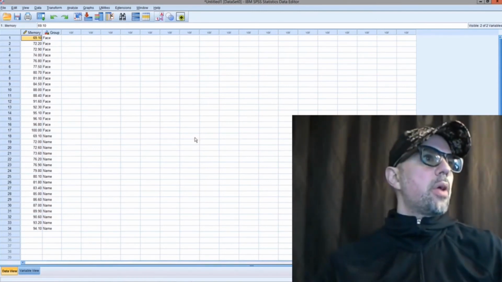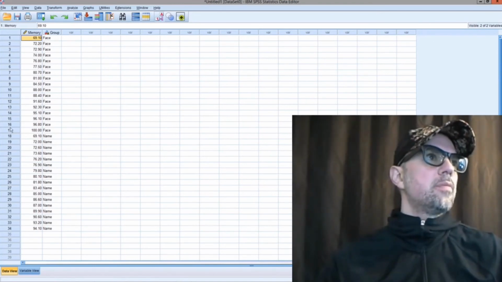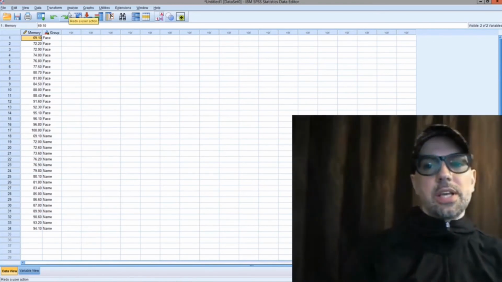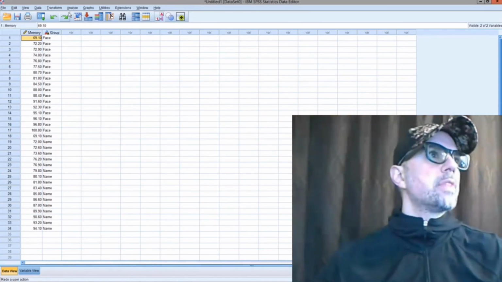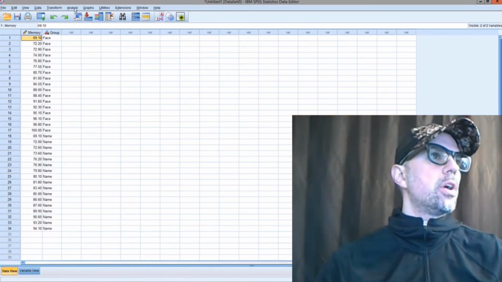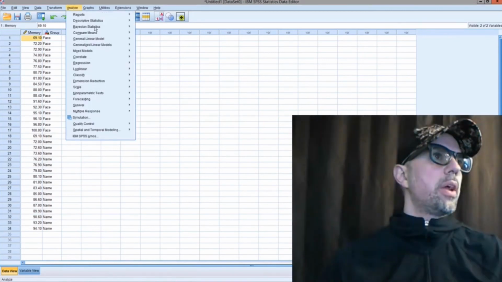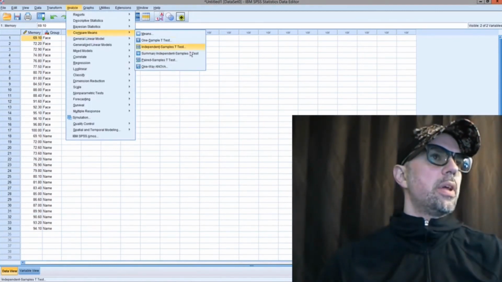Now that we have the properly formatted data, and again, if you need to pause at this point to get your data in, feel free to do so. If not, come with me. Once we have that in there, we go to Analyze, we go to Compare Means, we go to the Independent Samples t-test,